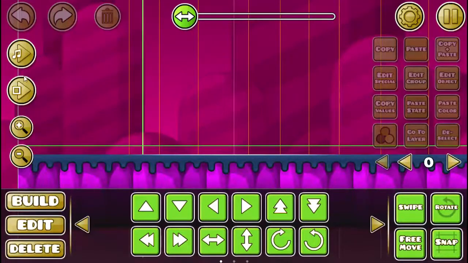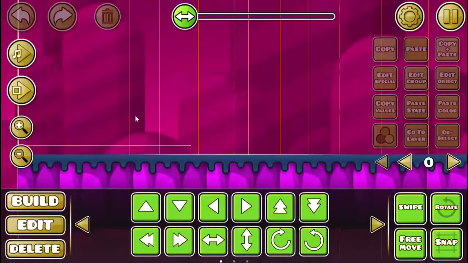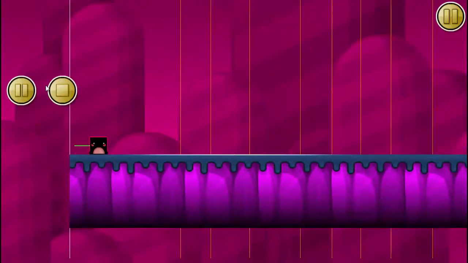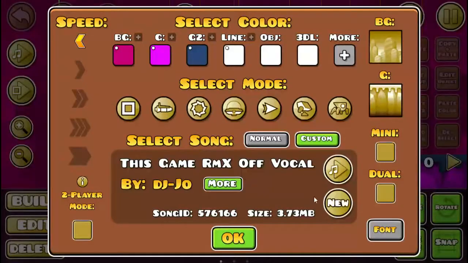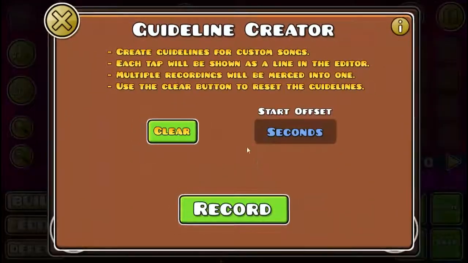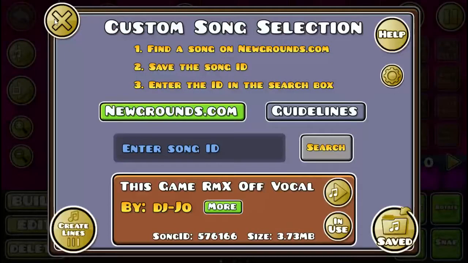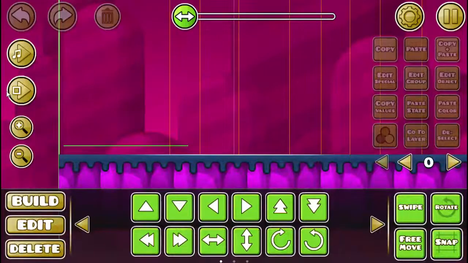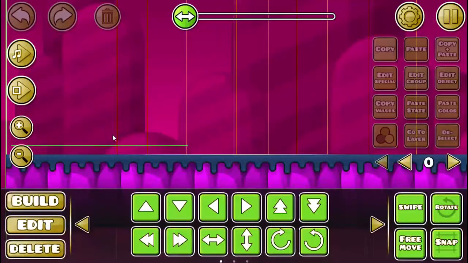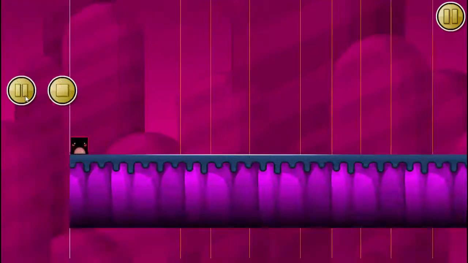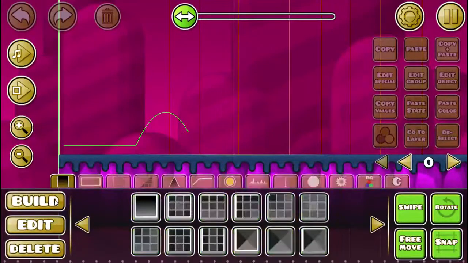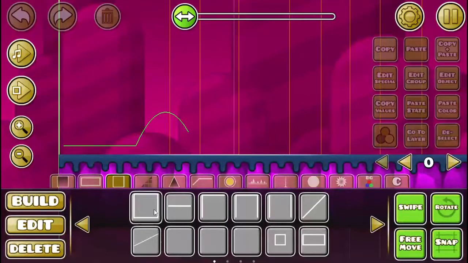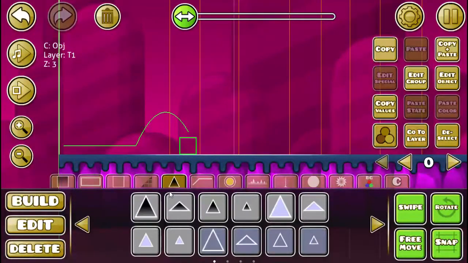where that is. Now the first one might be a little hard to predict because I messed up a bit there. And there's a way that you can clear all of the lines by just pressing clear and then recording again. But right now I think we're good for most of the lines, and I don't want to do that again because that was quite lengthy. So let's say we want to make him jump like this. Then we